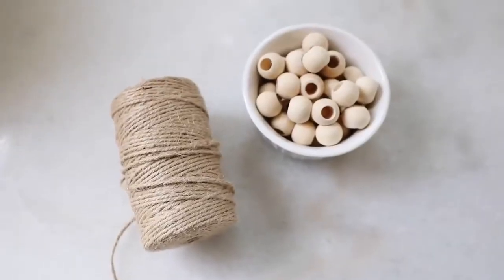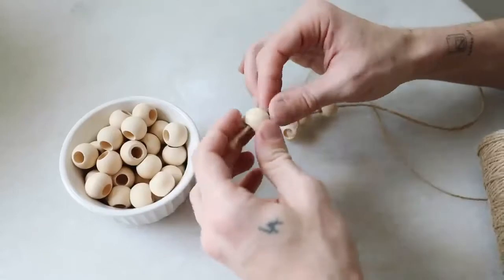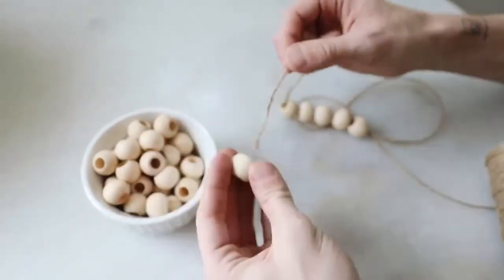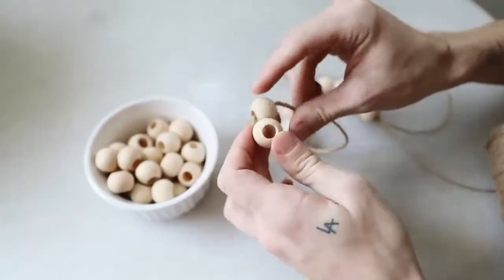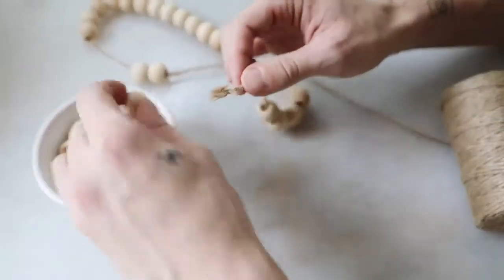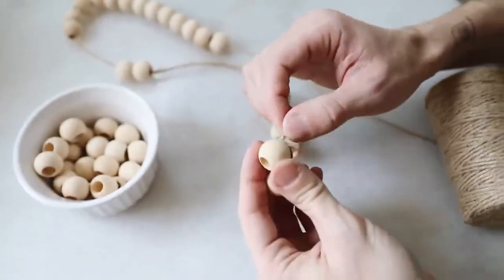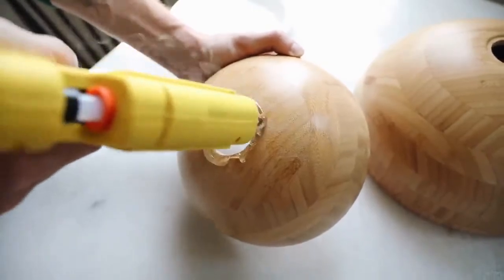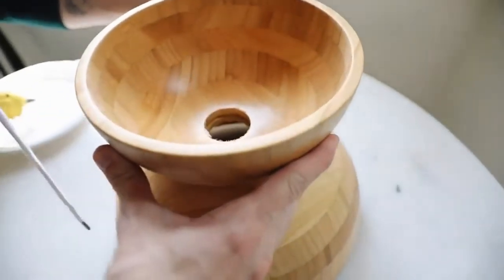Now once you have those holes done, you're going to grab some jute cording or whatever cording that you have, and I have these little wooden beads here which I've had in my stash for a while. I'll link the exact ones below for you guys, and I'm going to string on probably about 20 to 25 of these beads, because we are actually going to be using this as a little accent detail. So once you have those on your strands, we're going to hot glue together our bowls in this fashion here,